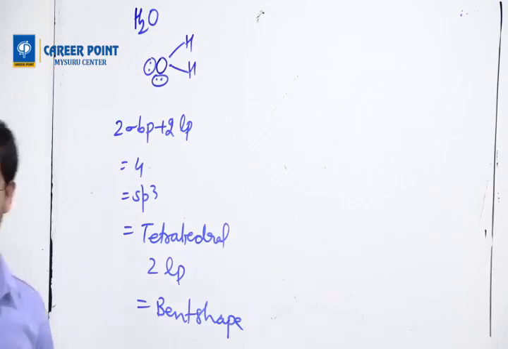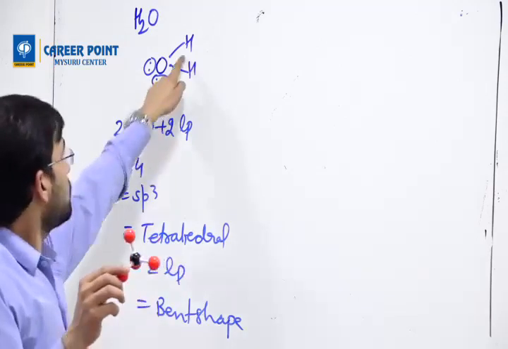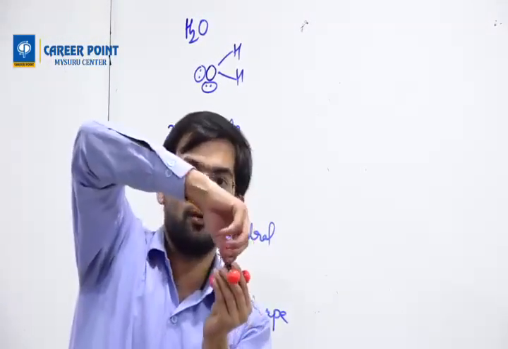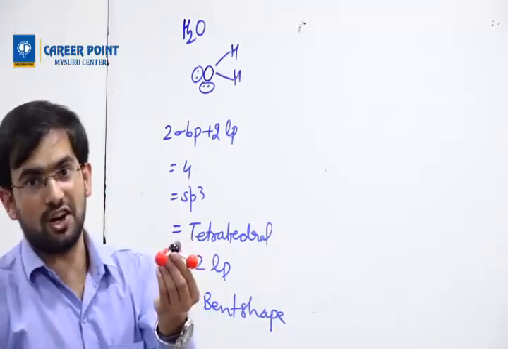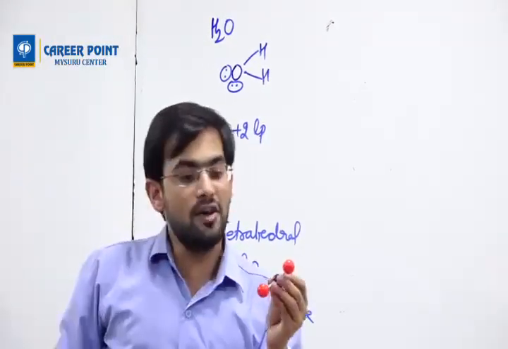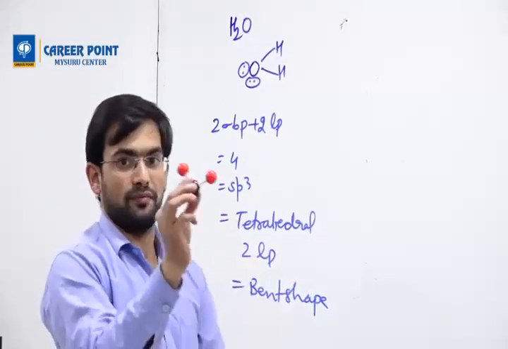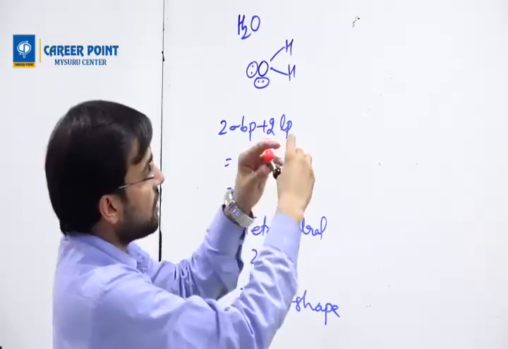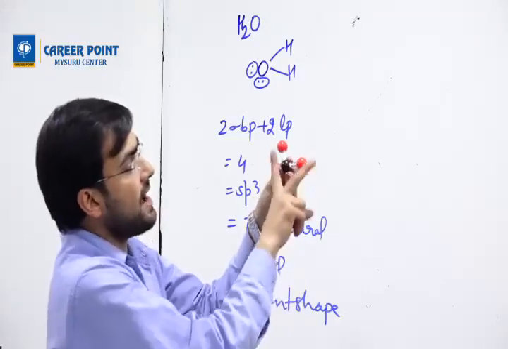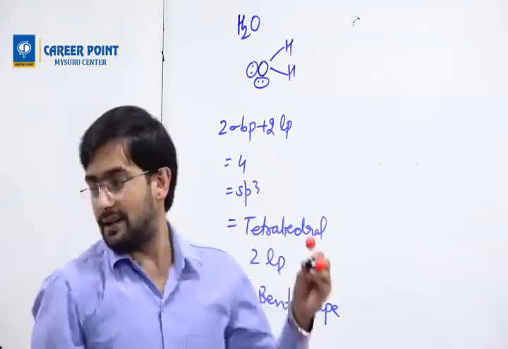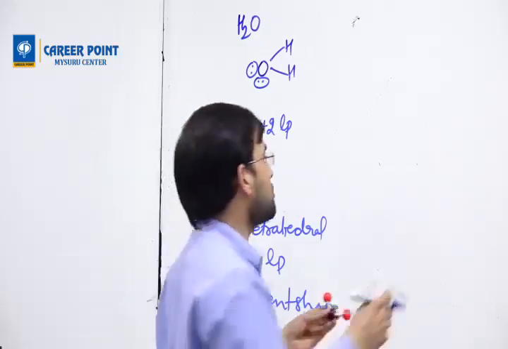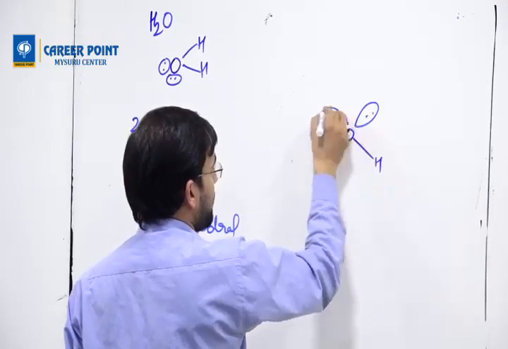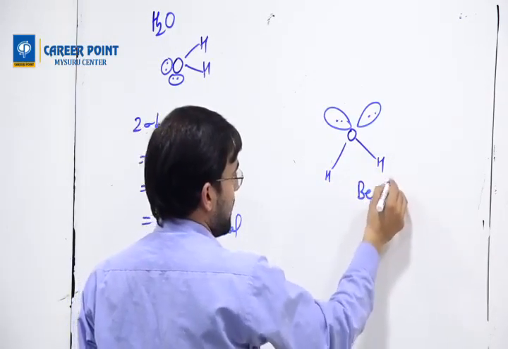Now in the diagram also I can show you. In this diagram you get 2 hydrogen. I am having 4 hydrogen, so what should I do? I should remove 2 hydrogen. So 1 I have removed. Once I have removed, it is not sufficient, I will remove 1 more. Now you see this shape. This looks like a V shape or bent shape. A rod is broken, bent, or angle. You can see one angle, right? This shape is known as bent shape. So we can draw oxygen, hydrogen, hydrogen, one lone pair, one lone pair. This is bent shape.